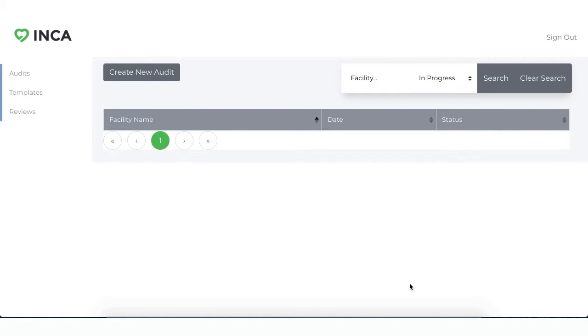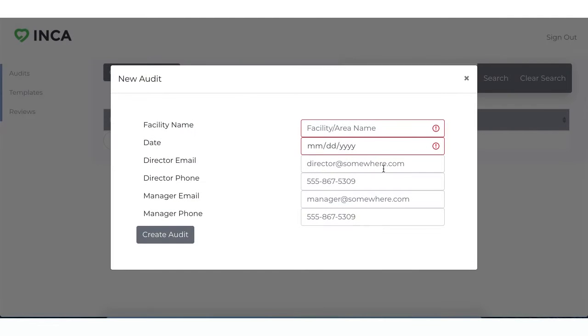The first time you log into our system, you'll come to this screen. To create a new audit, you click this button. It'll ask you for a few pieces of information: facility name, area that you want to document, you type yours in here, today's date,